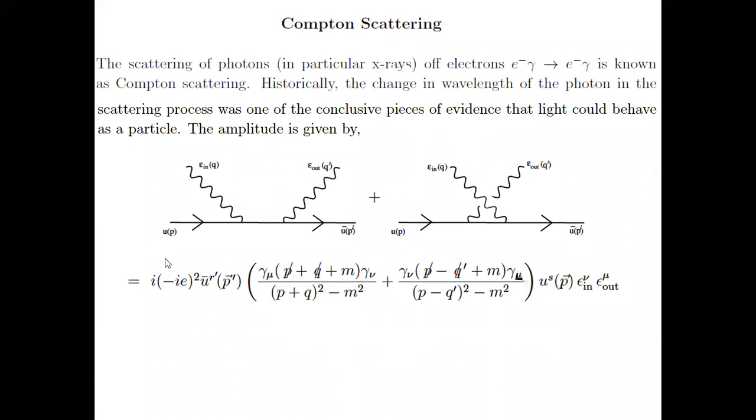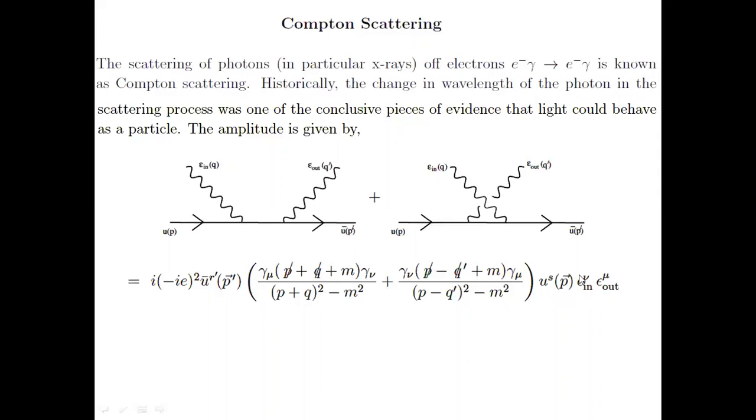In Compton scattering, again, there is an incoming electron which scatters off a photon, and again a photon leaves and the electron leaves. Now this can be done in two ways. The scattered photon may come out first and the incoming photon may be scattered later, or the scattered photon may come out later and the incoming photon may scatter first. So there is an exchange of two photons, but they are bosons, so there is a plus sign. Again, there are two outgoing photons.